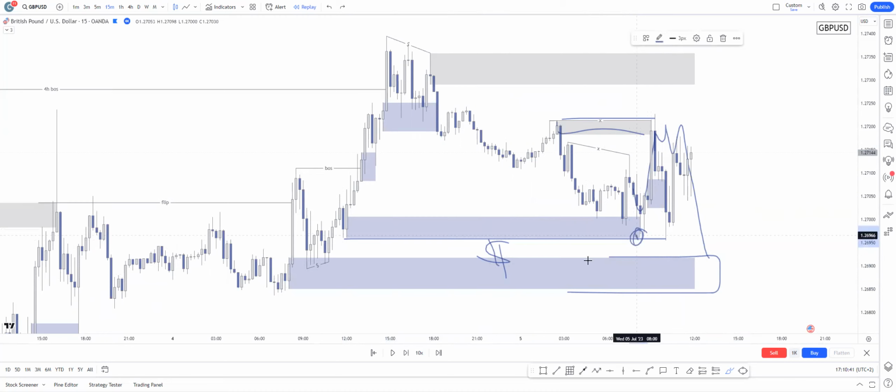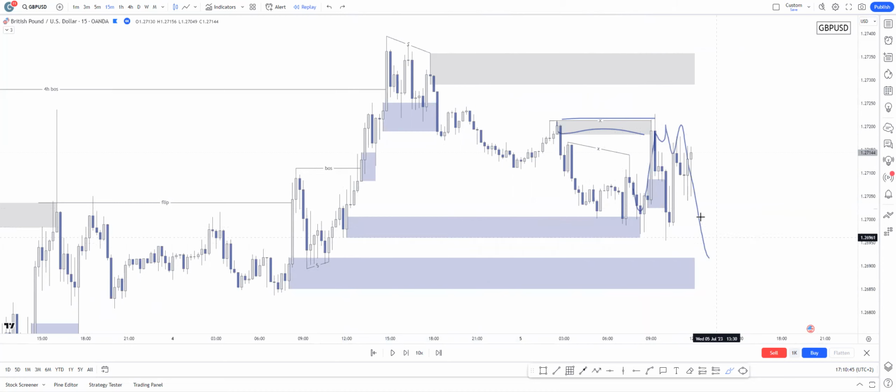or this double bottom right here, which has been created with this low point right here. Technically, it's an almost perfect double bottom. So yeah, but I was expecting short confirmation entries on this 15-minute supply mitigation.